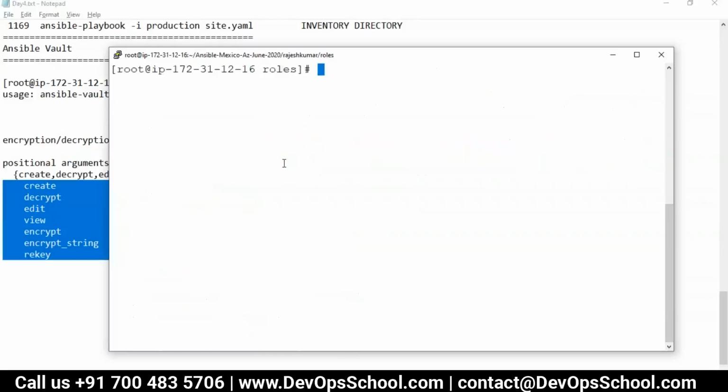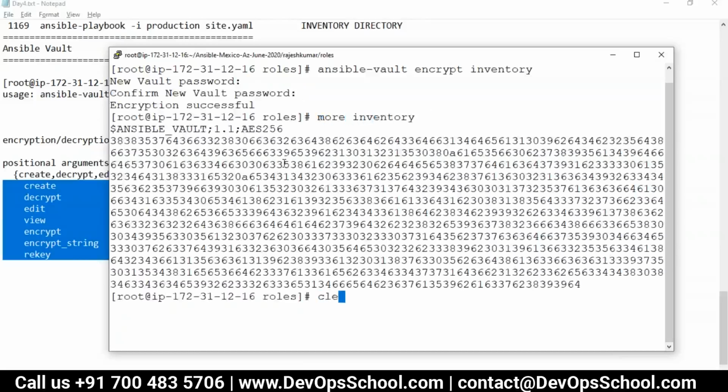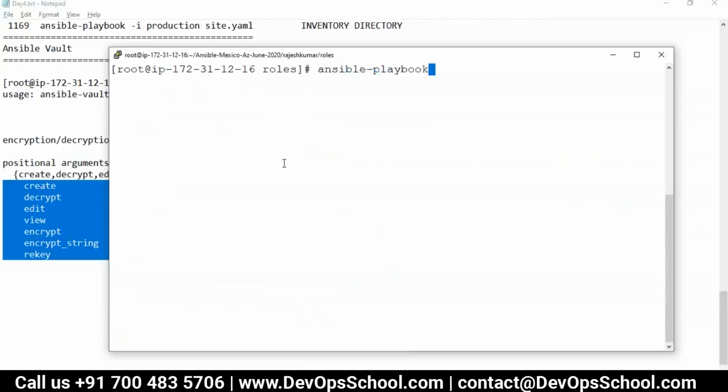So how do we do that? First let me encrypt this one more time. Here it is, Raj123. I encrypted successfully, you can check this. Now, when I call ansible-playbook -i inventory site.yaml,